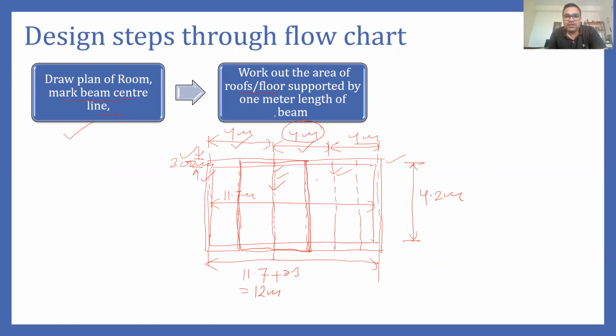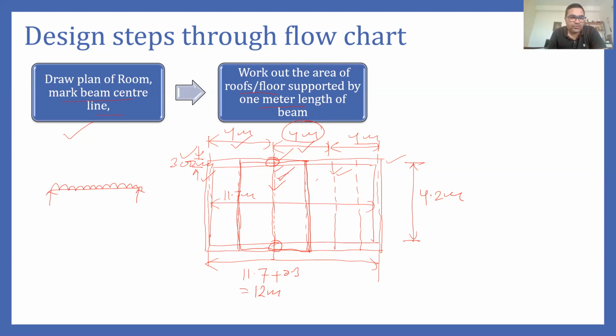Now here we have to see how much load is carried by a beam per meter length, because you can see the whole length of slab is resting on the beam. So this weight of slab can be considered as the UDL. Basically, we have to find out how much load this beam will be carrying per meter length. If I make the line diagram of this beam, I will assume that this is the beam resting on the supports. These supports are basically the ends of the wall where it is resting, and it is supporting the UDL in the form of roof weight.